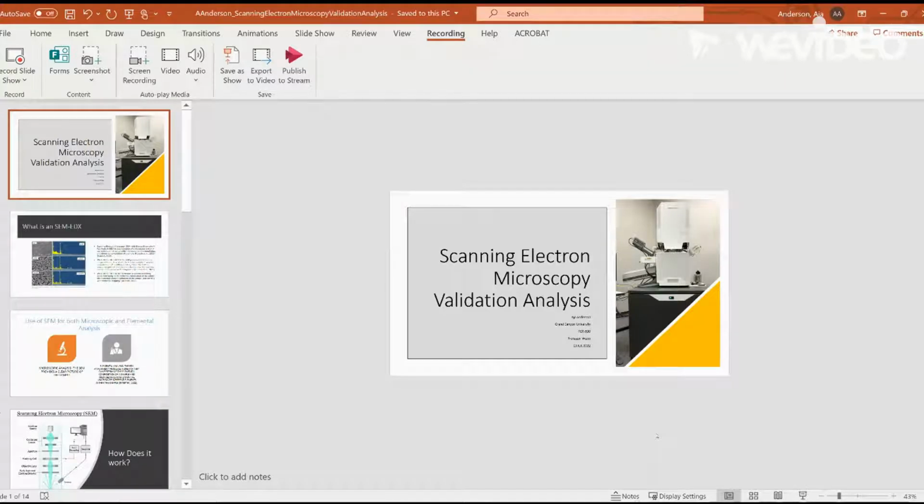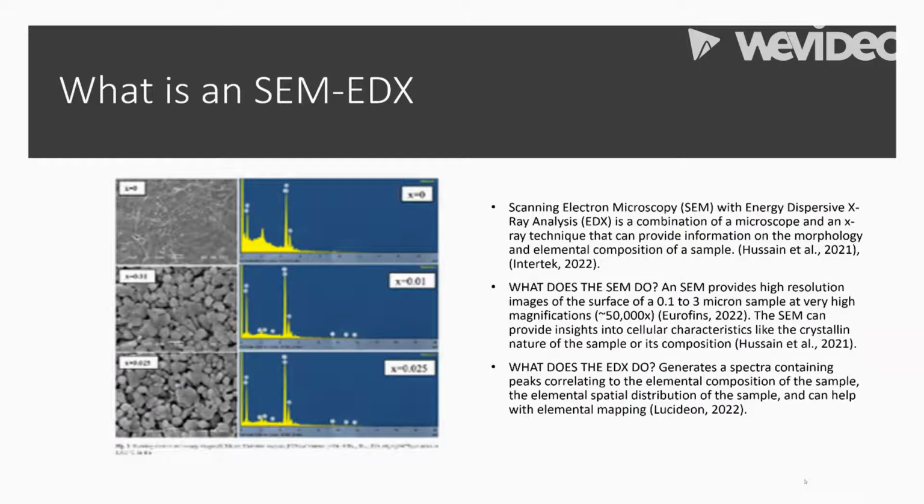And today I'm going to be talking about the scanning electron microscope and how it can be used in forensic science as well as other sciences. So some background on the scanning electron microscope and energy dispersive X-ray analysis combination is that this is a combination